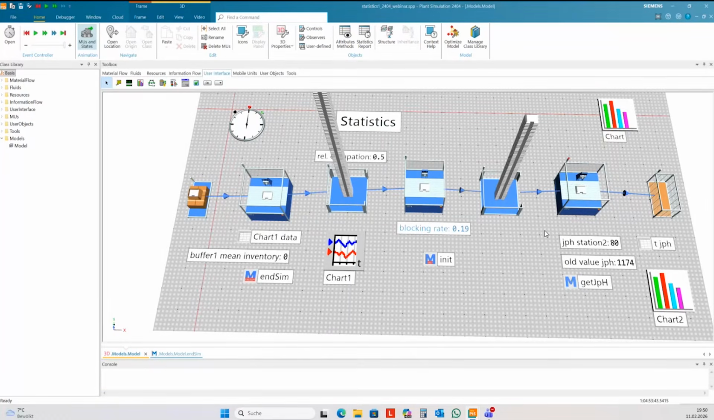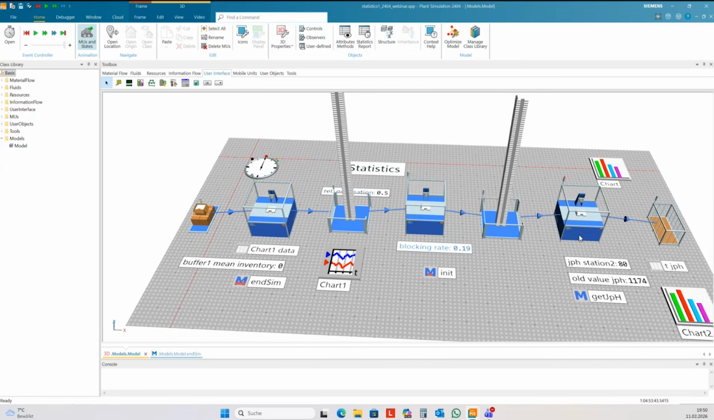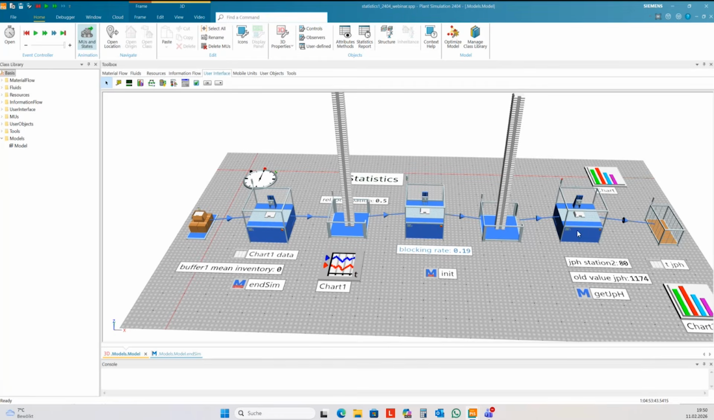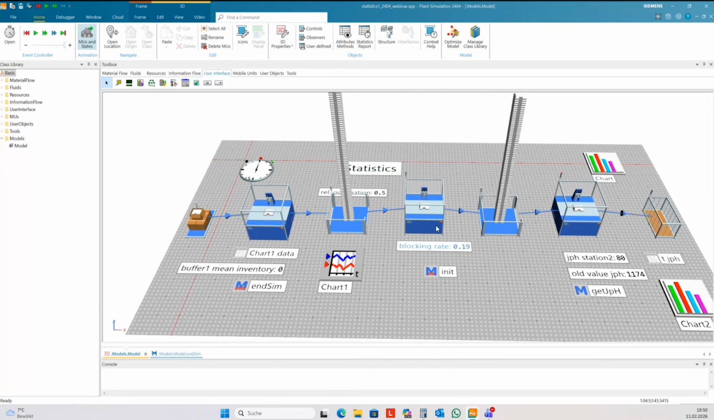Oh, yes. You can also try to change the availability of the station too. If you find a way to shorten the mean time to repair, then it also will reduce the blocking rate. Normally, if you do not have endless buffer capacity, then it's hard to optimize the blocking rate, because blocking rate means the